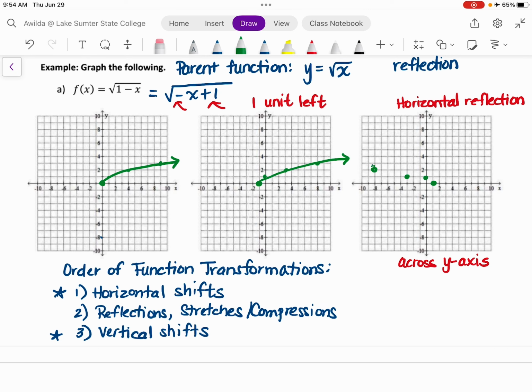Oh, let me erase that. It needs to go up a little bit. 1, 2, 3. That one's off too. Let me try that again. -3, 2. All right, here we go. So that will be our final graph of the transformed